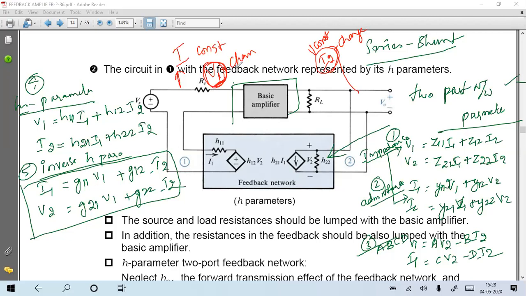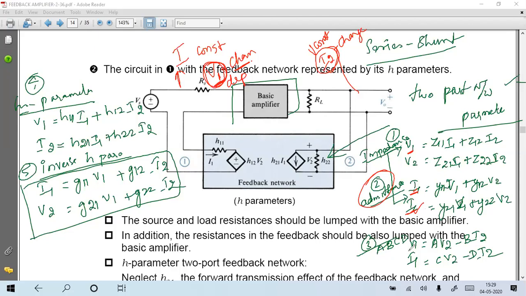On the input side, V1 changes, so V1 is dependent. On the output side, current changes; V2 is constant. So V1 and I2 are the related parameters. You see here, V1 is on the input side and is dependent. V1 is dependent on the right-hand side parameters, and V2 is also dependent on the right-hand side parameters. So here both are V1 and V2. But in the second, the admittance parameter, I1 and I2 are dependent. So the input side current is dependent and the output side current is dependent. So this is not matching with this.